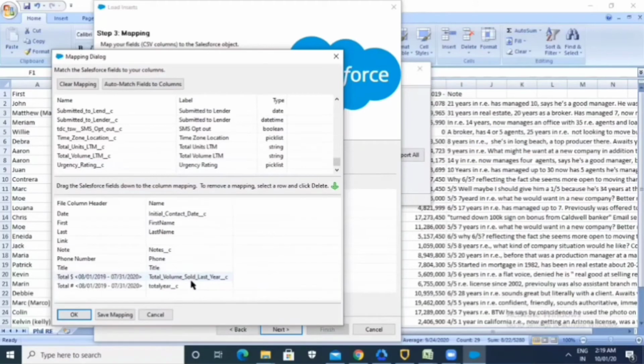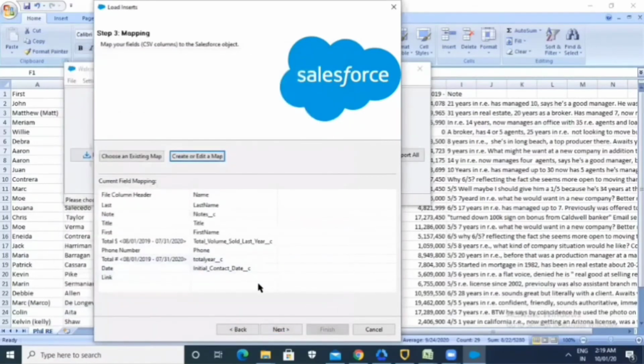Now I have already mapped these fields with the column headers. Now we can save this map for future use, but now I am going to click OK. This is the fields and this is the column header, so it is already mapped.